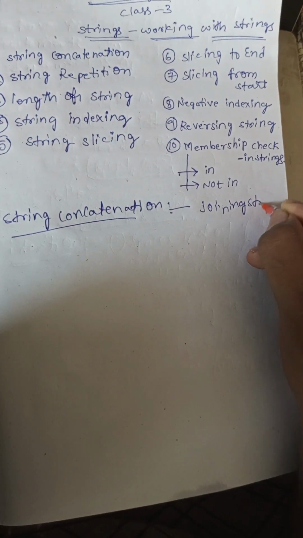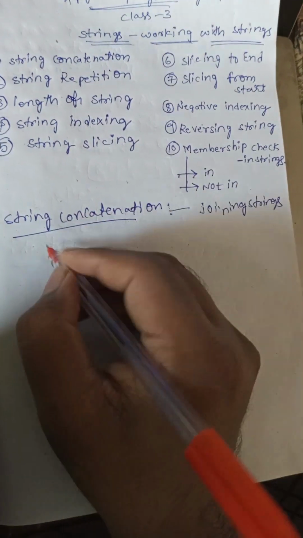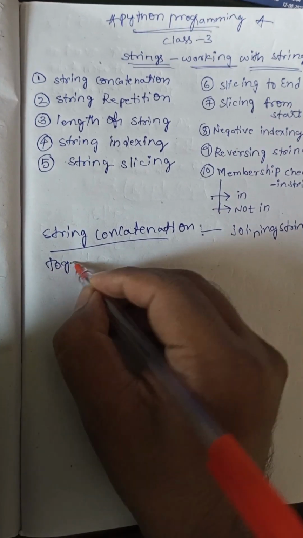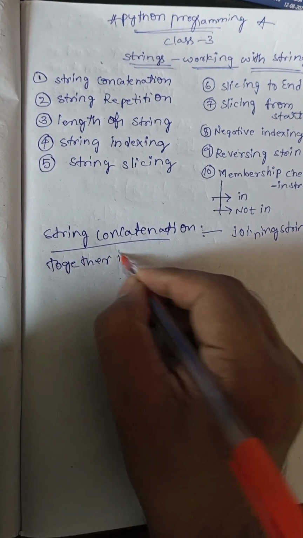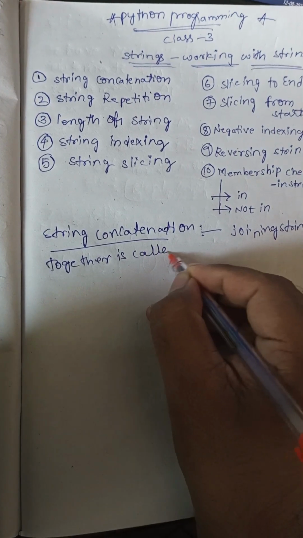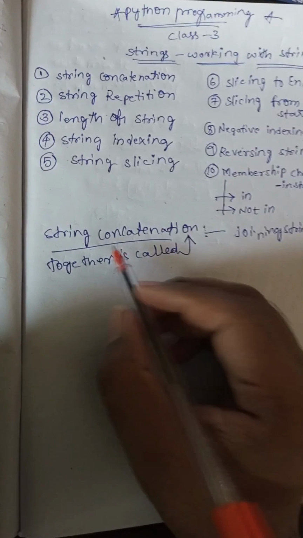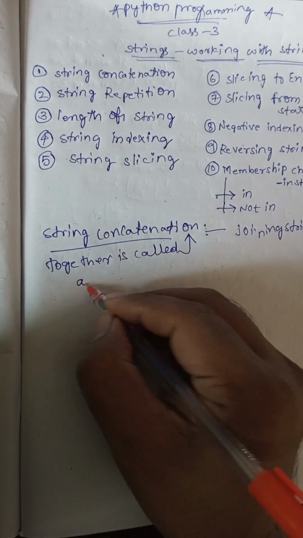Joining strings together is called string concatenation. Example, I am taking a